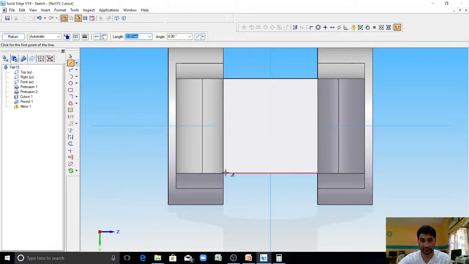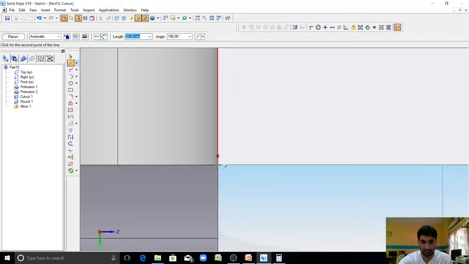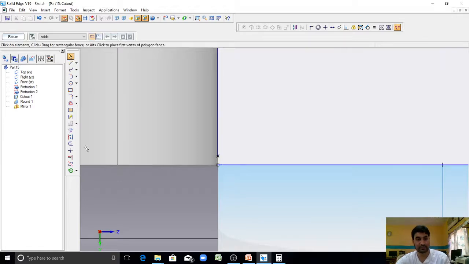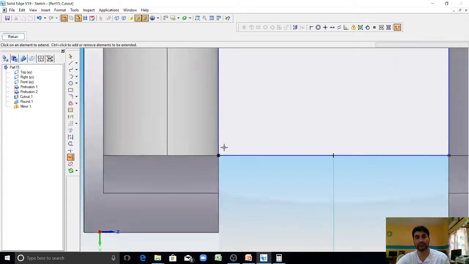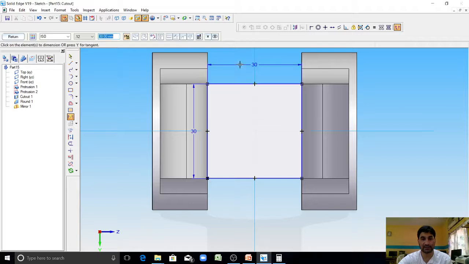Select the line here, draw a square of 30. You can see here the dimension is 30. This is also 30.